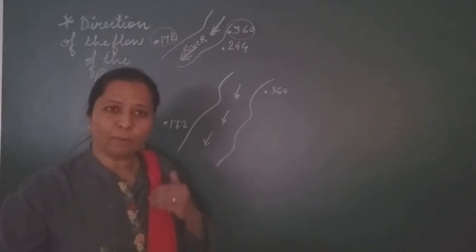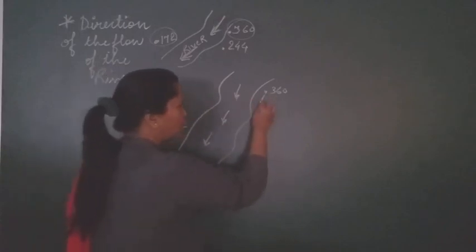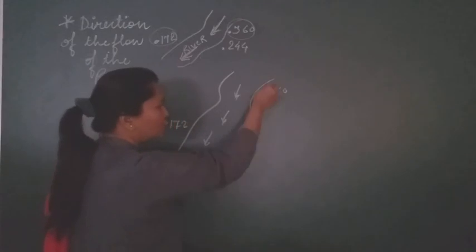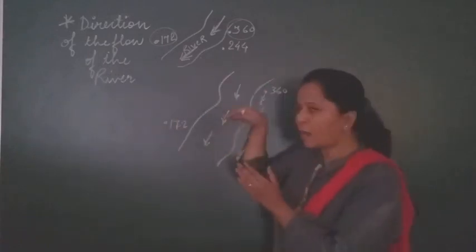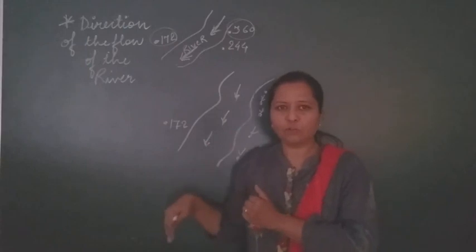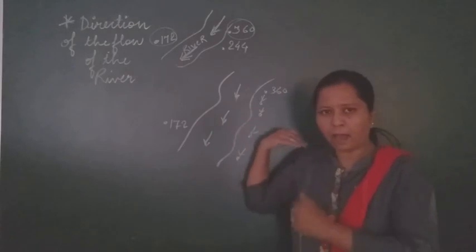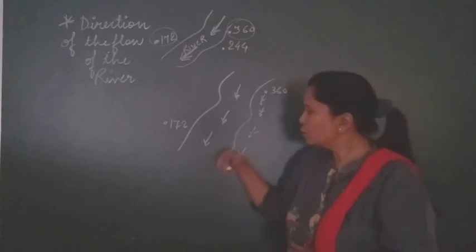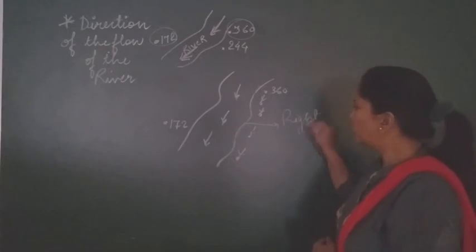So, you have to imagine that you are at the bank of the river and you are also walking along with the flow of the river. You consider yourself that you are also walking along the flow of the river. Now this is the flow of the river. I am standing here and I am also moving along the flow of the river. I am imagining here that I am also walking towards the flow of the river. So my right hand will be the right bank.